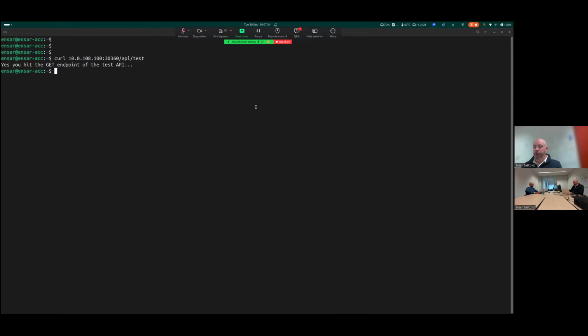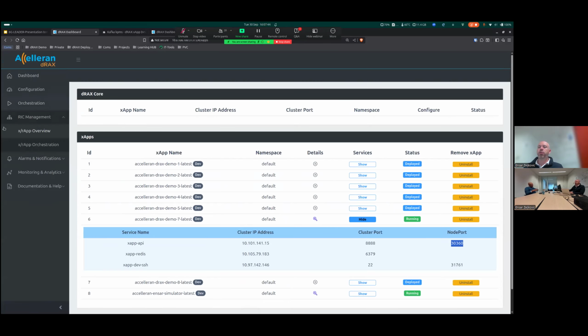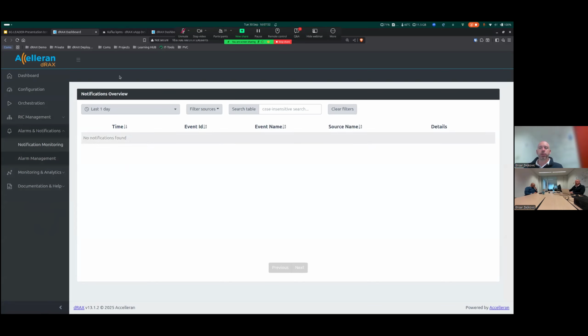And one final thing that I wanted to show you is one of the latest additions in our RIC, the concept of events. Here we have this section called alarms and notifications, and this notification monitoring, which we are translating into event monitoring in our next version of the RIC.